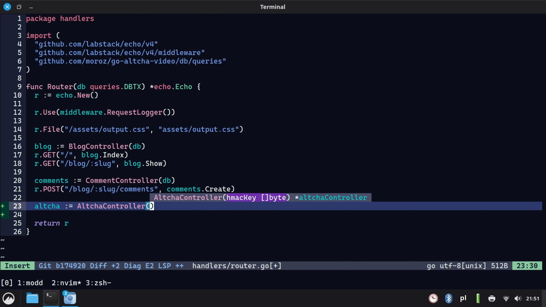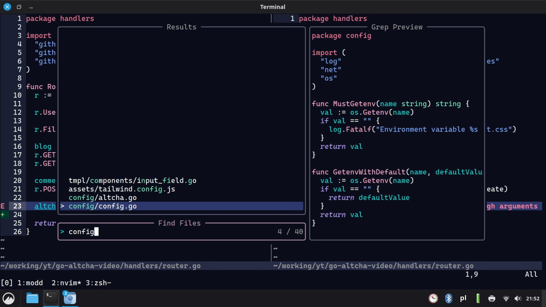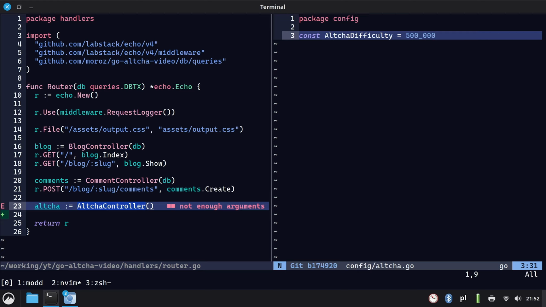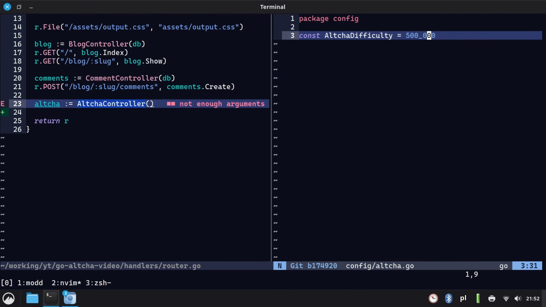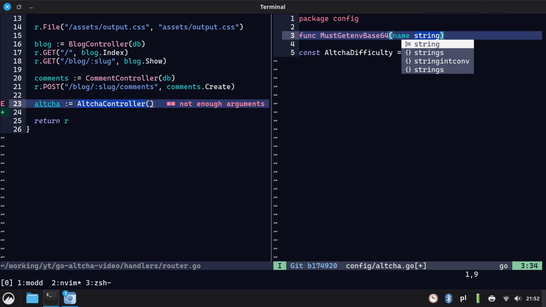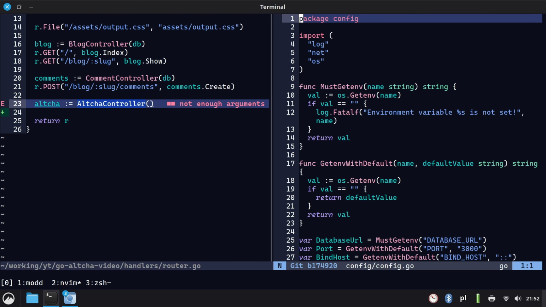CAPTCHA controller with the HMAC key, which we also have not generated. So let me see. Do I have a helper to fetch base64 encoded data? I do not. So I'm going to write a helper function. I'm going to call it mustGetEnvBase64, name string, and it returns a byte slice, and then we're going to fetch a value. So value equals mustGetEnv, that's also my helper,